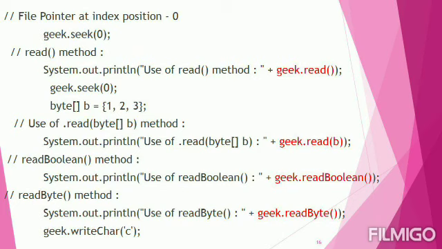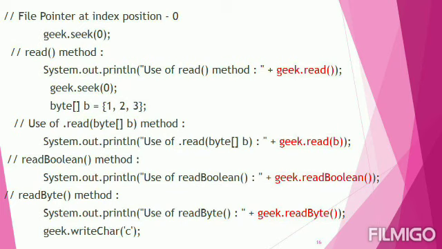In order to make the file pointer at index 0, I have used the function seek, that is geek.seek(0). It means that the file pointer is at index 0, and the read method is used to read the character from the string, and next it reads the byte array from the character, and next it reads the boolean value and returns whether it is true or false, and next it reads the byte